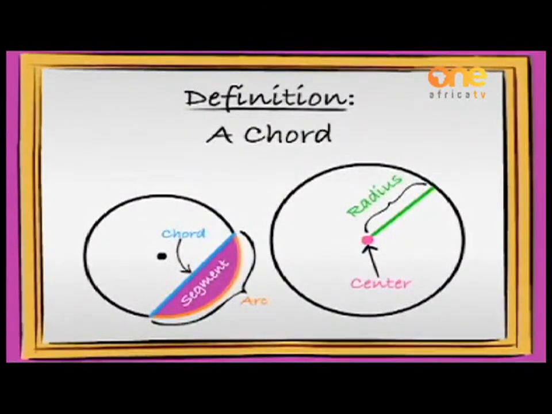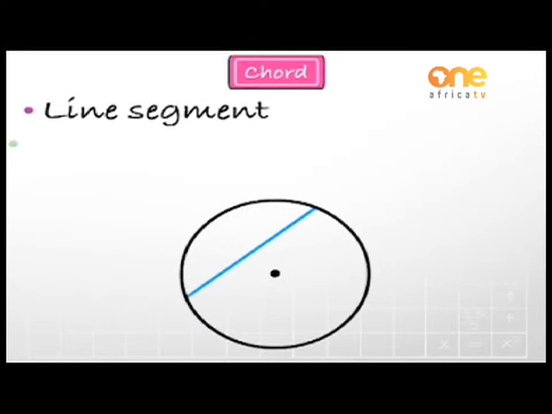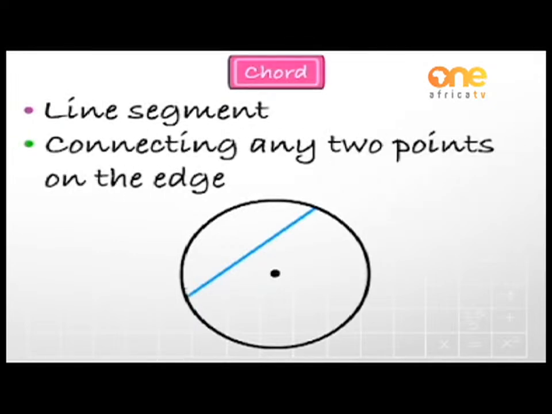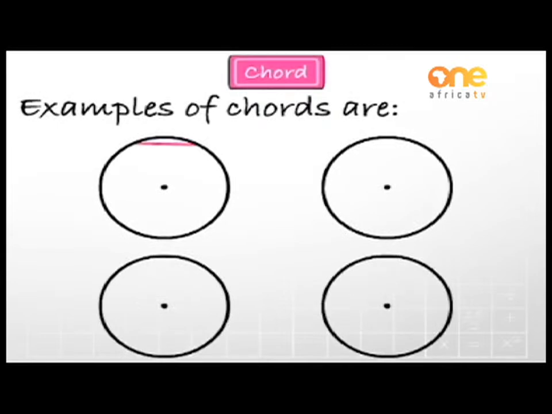We are now going to look at the definition of a chord. A chord is a line segment that connects any 2 points on the edge of a circle. In the diagram that you are seeing now, we have a chord. Furthermore, other examples of chords are